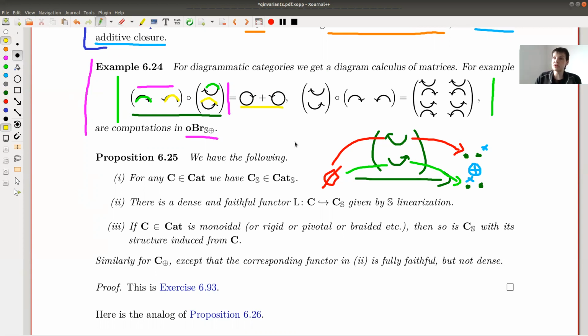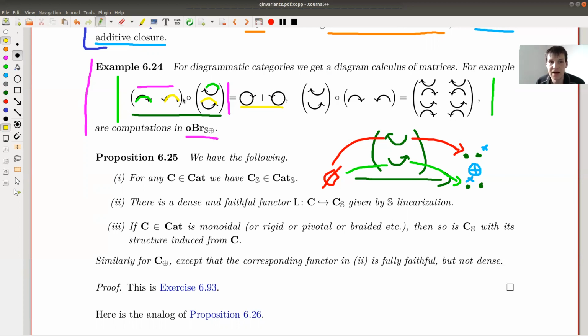Okay, so additive closure means just that now you can write matrices of your objects. And really that's it. It's nothing fancy. You just write matrices of your objects. The way to learn this is really harmless. I might be a little bit fast right now because I'm running out of time. I haven't even told you about abelian categories in any way. The way to learn this is to just look at this example and try to understand it.